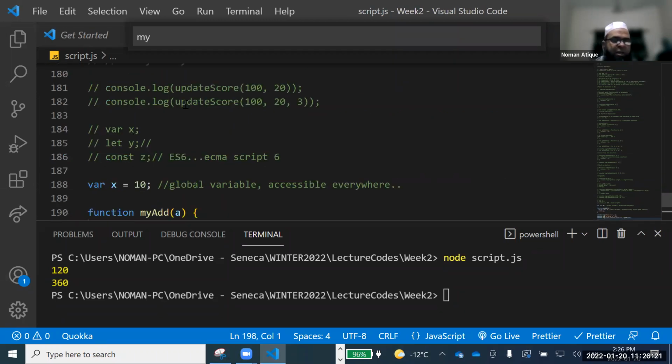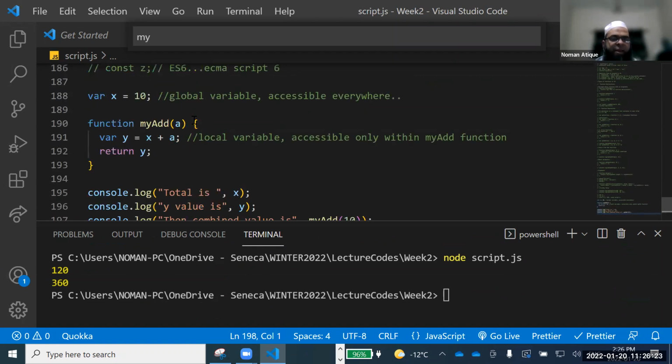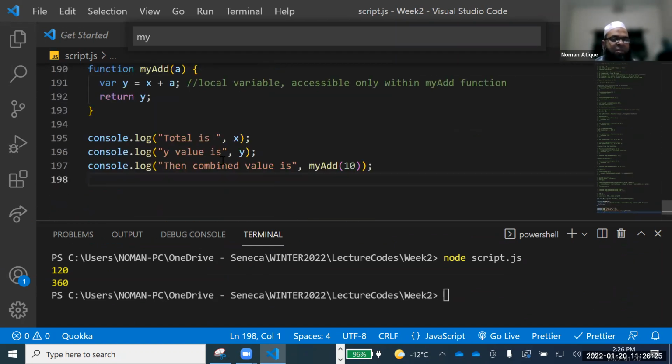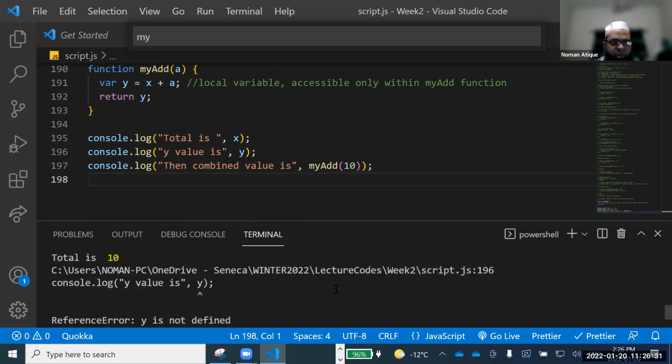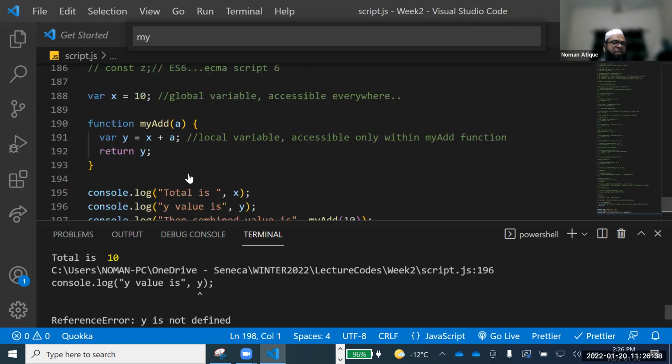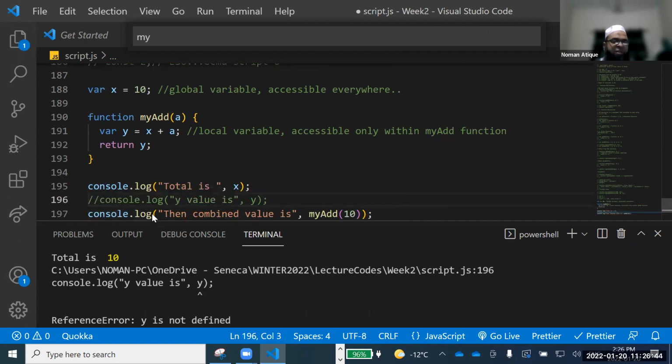Now let's run this one and see what happens, how many things it will recognize and how many it won't. Okay, so you see here it is saying that y is not accessible. And why is y not accessible? Of course, I'm trying to access it out of its scope. So if I comment it out for a second and run that one now,